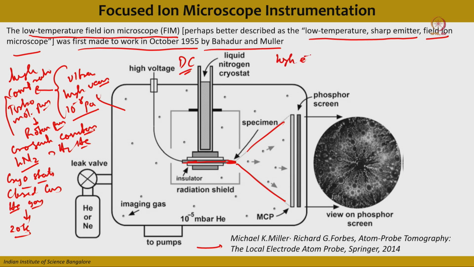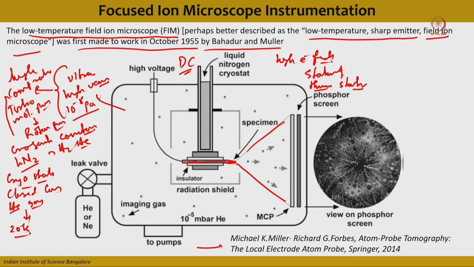So first is the ultra high vacuum chamber, then the tip is cooled down using cryostats, and a very high DC voltage is applied to the needle specimen. Once the tip is positioned and thermally stabilized,